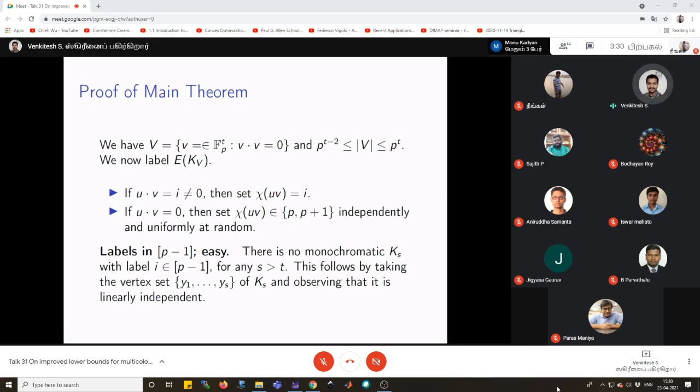We would like to avoid that, and we are actually saying something very strong when we claim this. We say that there is no large monochromatic graph, and by large, nothing of size anything greater than t. Even t plus 1 is not possible. Okay, therefore when we restrict to a smaller subset, we are guaranteed that with a high probability we will avoid monochromatic K_t's. Okay, that is the significance of this statement. So I hope that I am making sense.